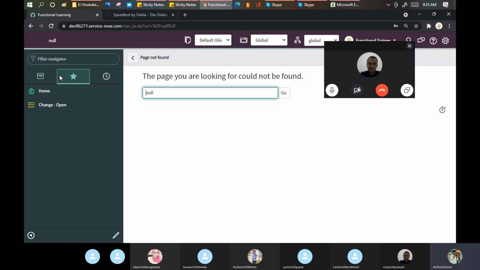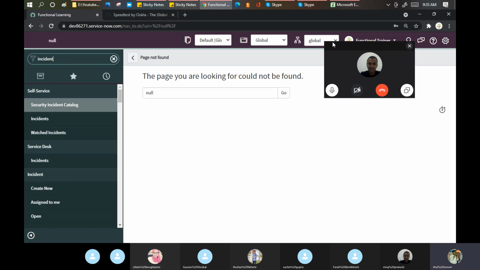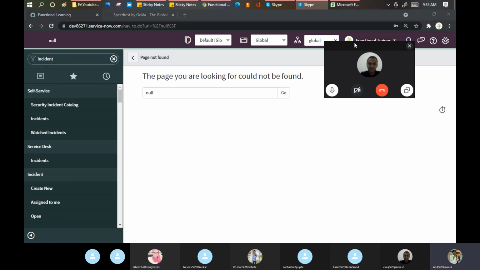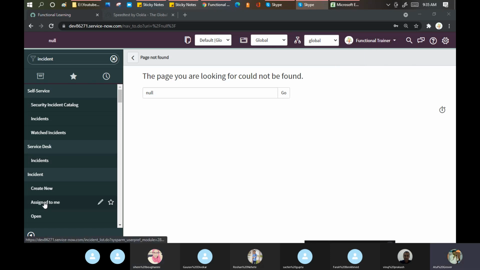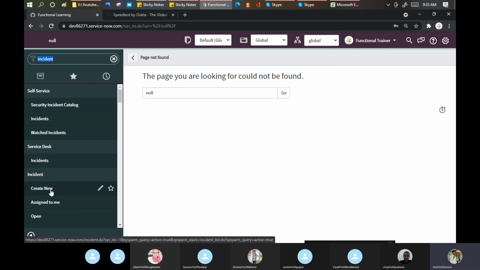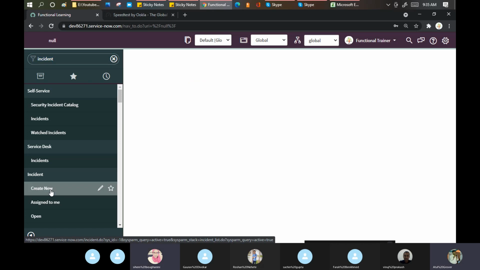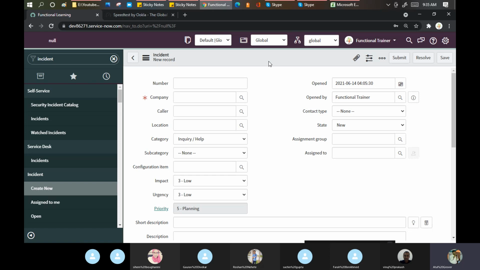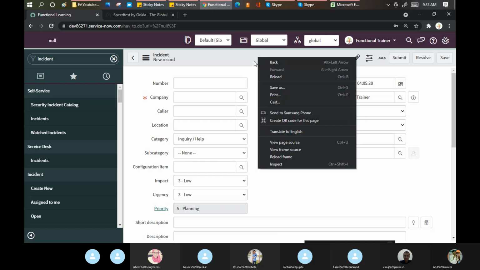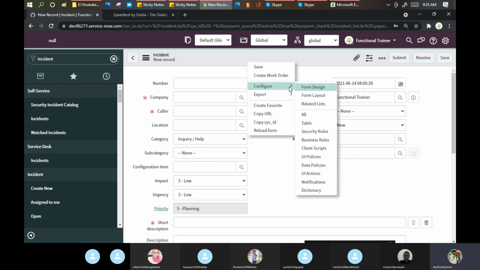When I say dictionary, let me open a form here. Let me open the incident form and click on create new. Then I right click on the context menu, go to Configure, and go to Dictionary.